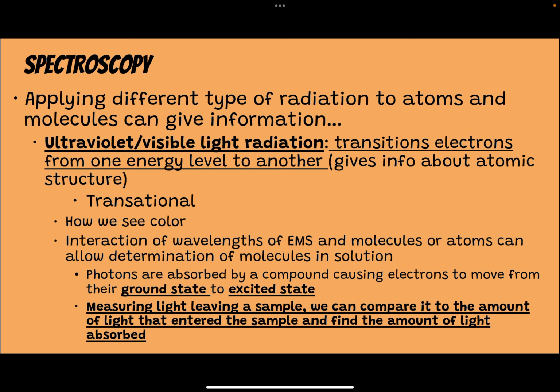It's kind of like when we did the flame test, when we applied the sample to the flame, we excited the electrons, and the electrons went from the excited state to the ground state, emitting the photon. That's how we see light, that UV radiation. So transitional has to do with the transitions of electrons,